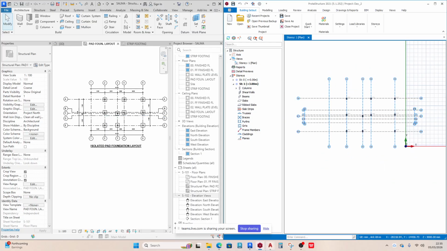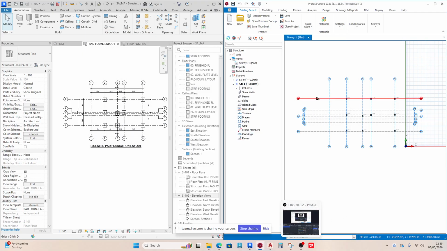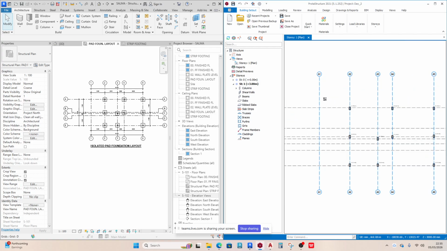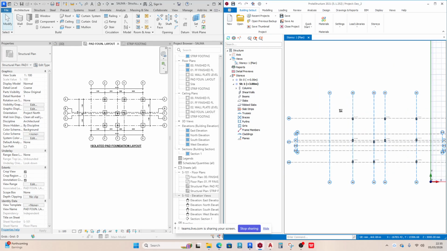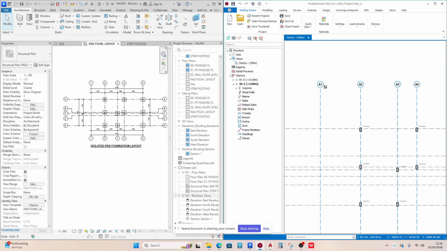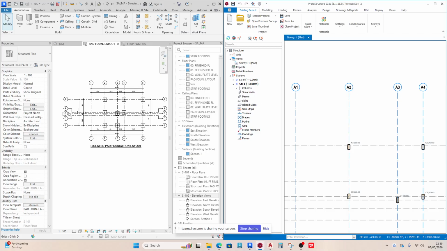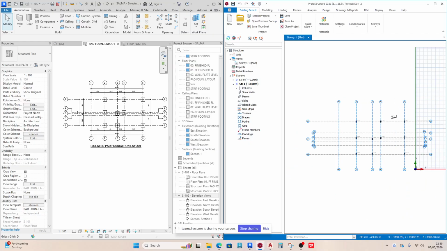So to clean it up, let's see, where am I? Okay, I'm at 37 minutes. So to clean it up, just so that the information being presented in Prota is similar to the information we're working on in Revit, it shouldn't take you more than 2 minutes. Just by seeing, you can tell that, oh, this says A1, but here in Revit it says 1. This grid line says A2, Revit says 2. So you can either change the information in Prota or you can change it in Revit. Personally, I want to match